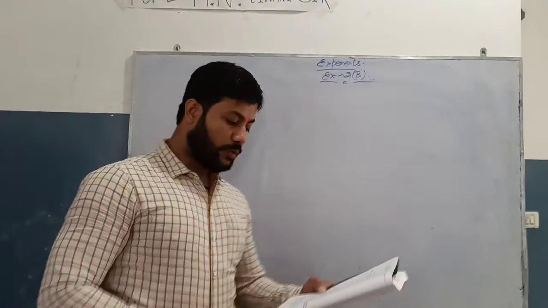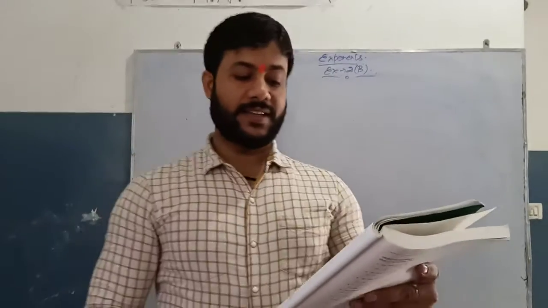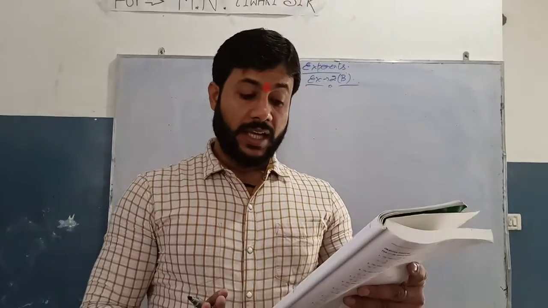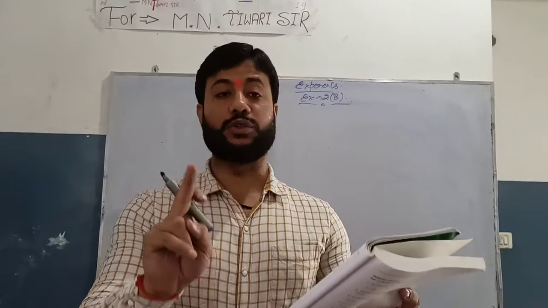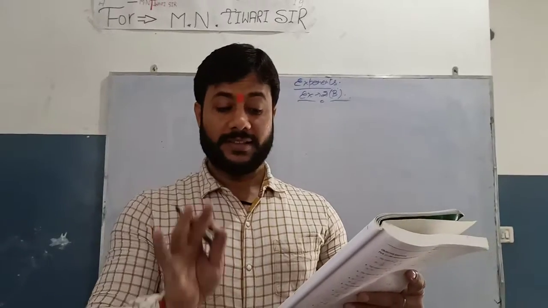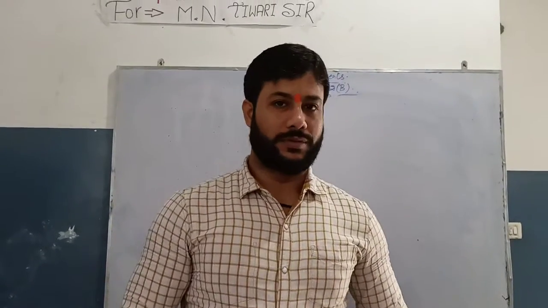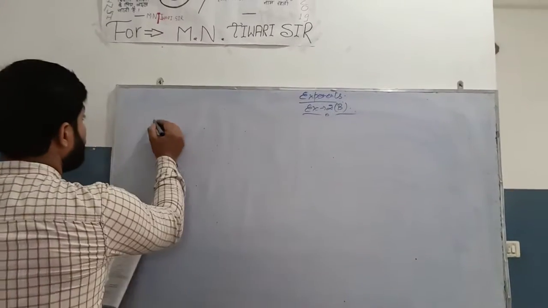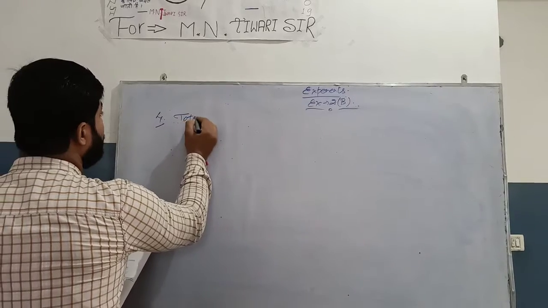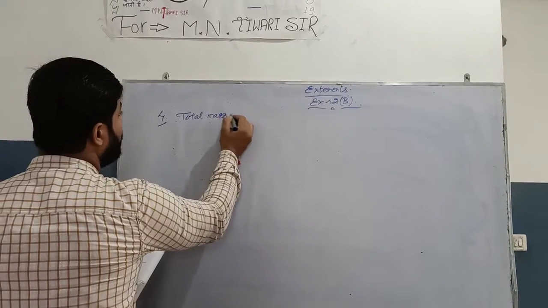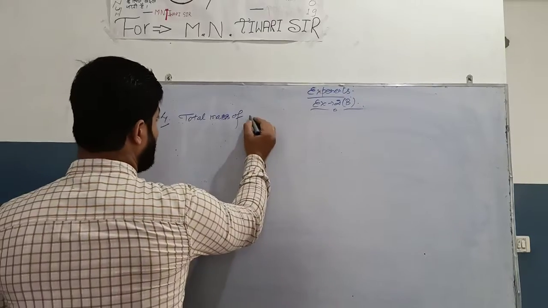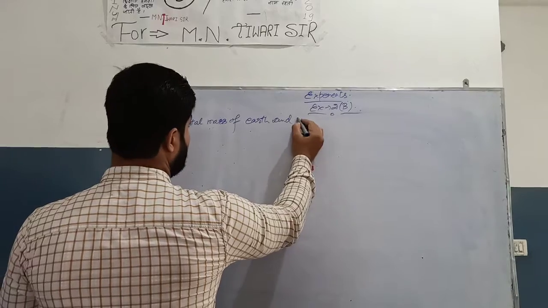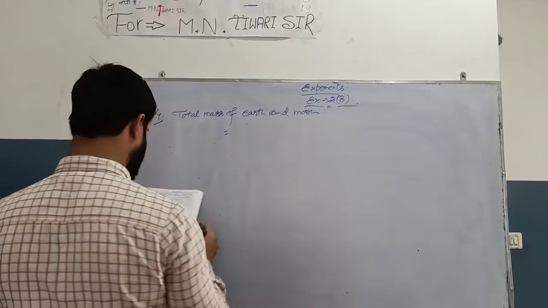Okay. My dear students, question number 4 says the mass of Earth is given as 5.97 into 10 to the power 24 kg and the mass of Moon is 7.35 into 10 to the power 22 kg. The question says, what is the total mass of the two? We have to add their masses given there. So the total mass of Earth and Moon is